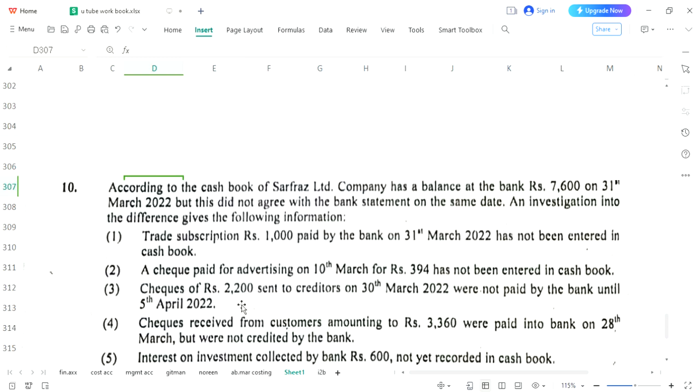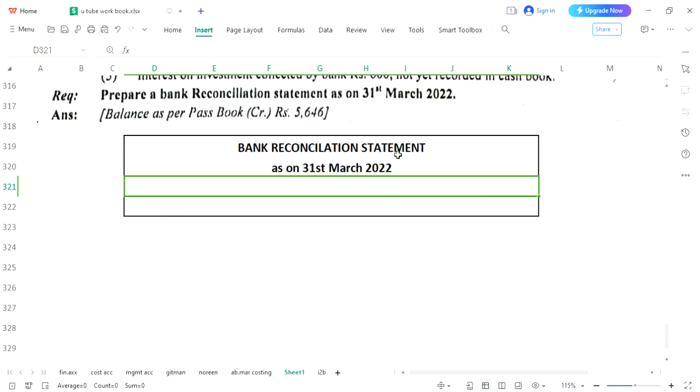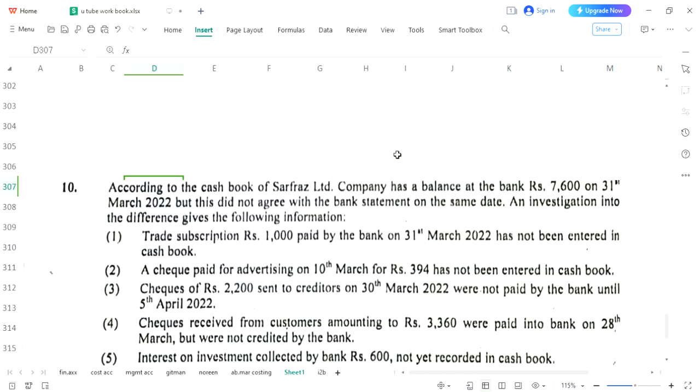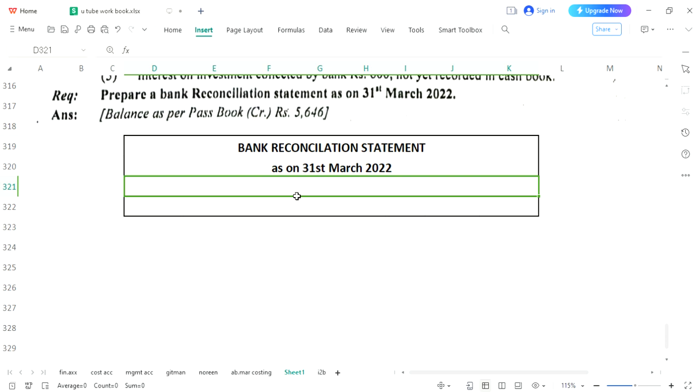Let's check it again: we have 31st March 22. Now the name of the organization. Here we have Sarfraz Limited, so we will write